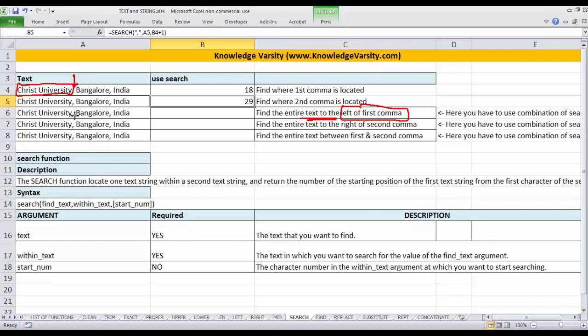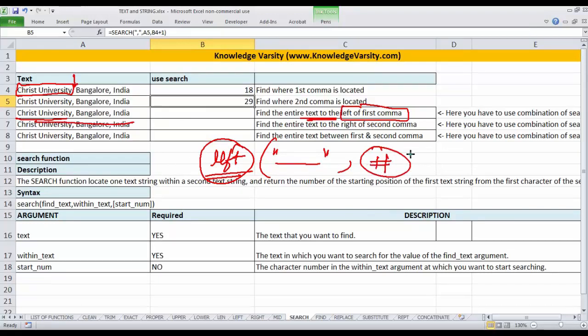Since I'm saying left, you would think we have to use the left function. If I use the left function, I have to specify the number of characters.